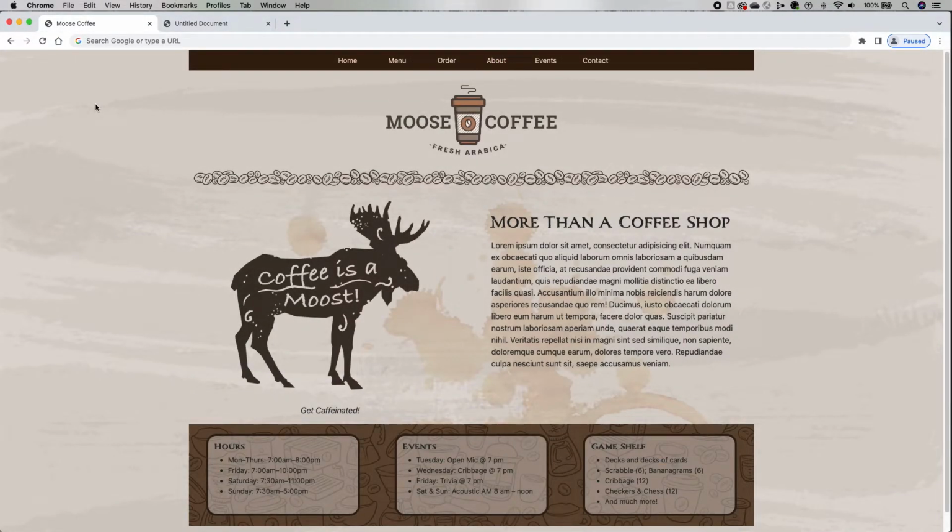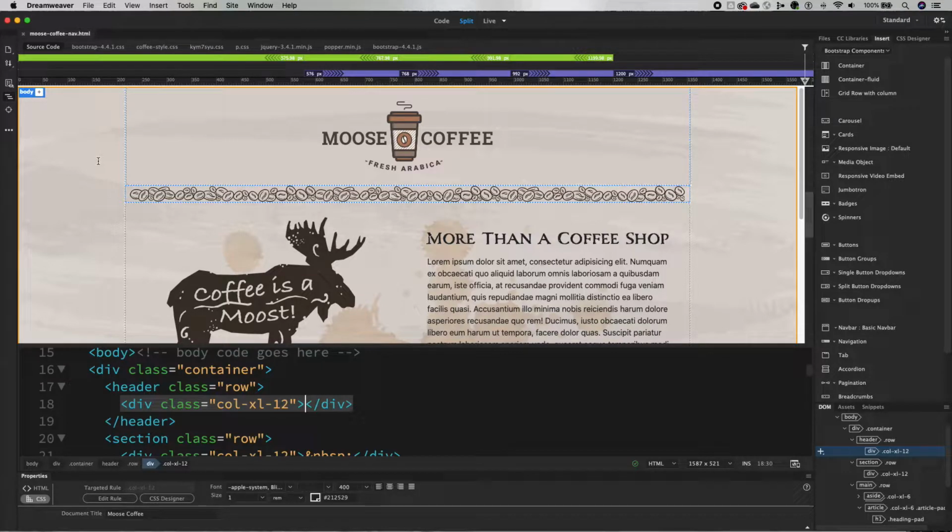This is the page and the basic layout that we're going to be working with for this particular video. Across the top, we actually have the basic Bootstrap navbar, but I've already styled it. So as I mouse over the individual navigation items, the background color changes to that lighter brown. You can see that here in Dreamweaver, the layout is pretty much set up with the exception of that navigation